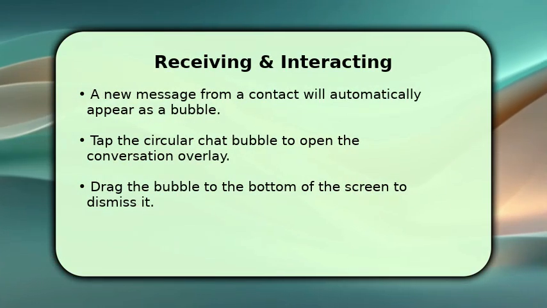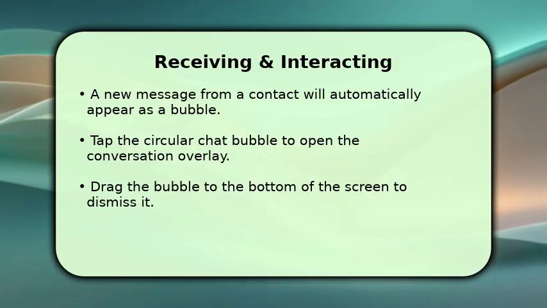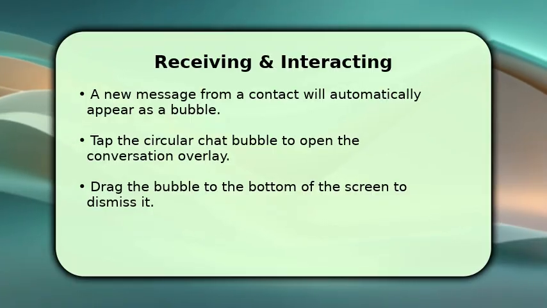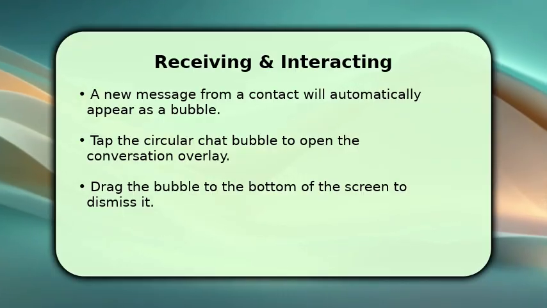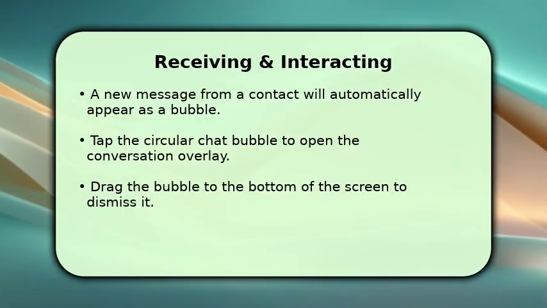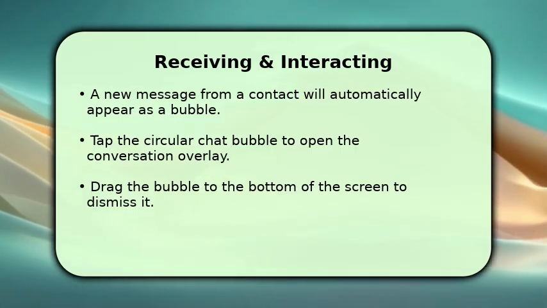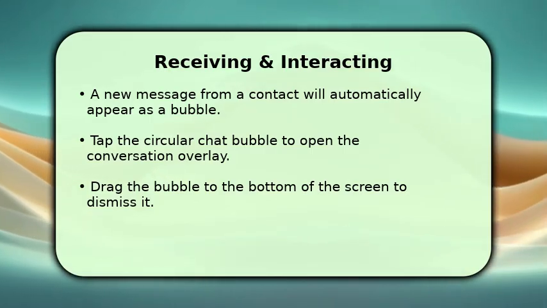Once enabled, when you receive a new message from a contact, a small circular chat bubble will automatically appear on your screen. This bubble will display the contact's profile picture. To open the conversation, simply tap on this floating bubble. The chat will then open as an overlay, allowing you to reply directly without switching applications. When you're finished, you can easily dismiss the bubble by dragging it to the bottom of your screen, where a